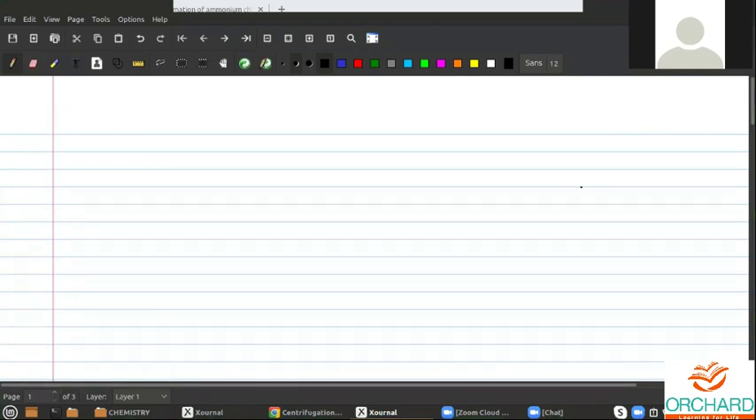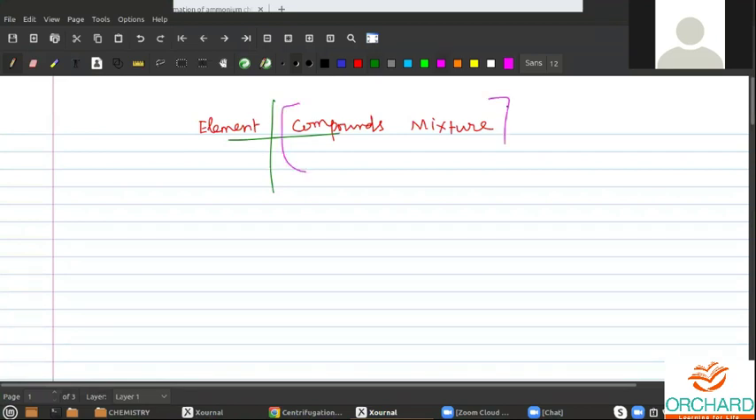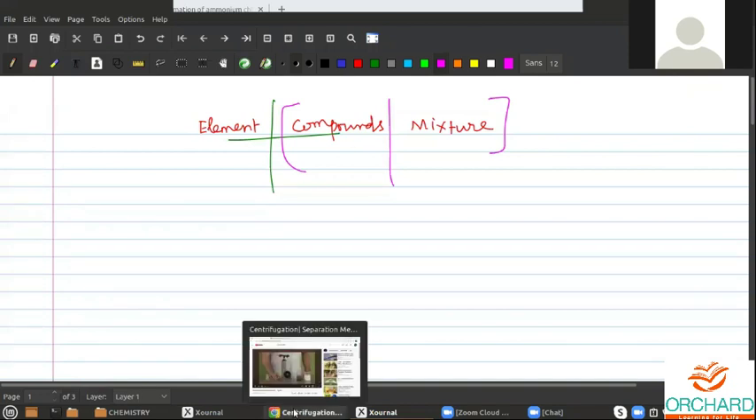So we are learning about the matter around us, and we are learning about the elements. I hope you remember elements, compounds, and mixtures. So today we shall see the difference between elements and compounds, and difference between compounds and mixtures. So before that, I want to show you a small demo. So let us first look at the differences, and then we shall discuss about